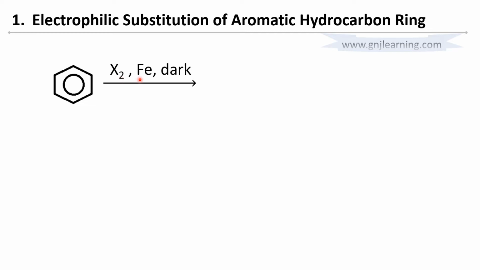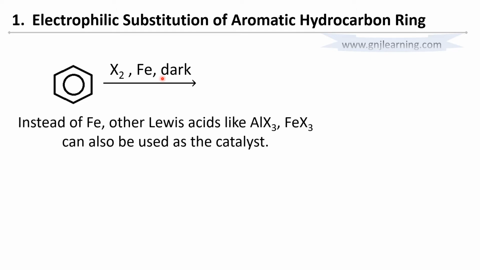And what we need is a catalyst. Here the catalyst is iron, which is a Lewis acid. Instead of iron you can use any other Lewis acid like aluminium chloride or bromide. Iron chloride or bromide can be used as the catalyst. Here I took one Lewis acid as a catalyst, and the reaction should be carried out in the